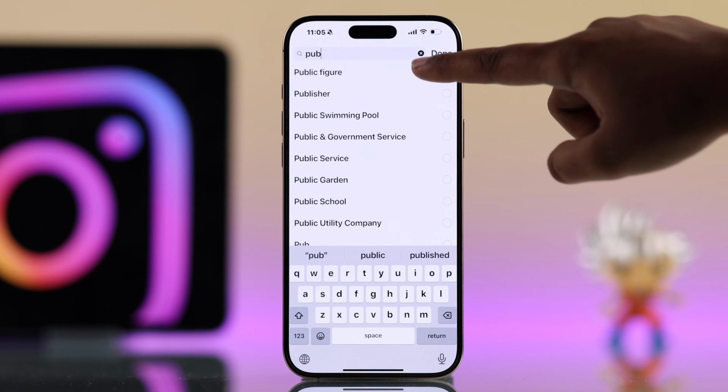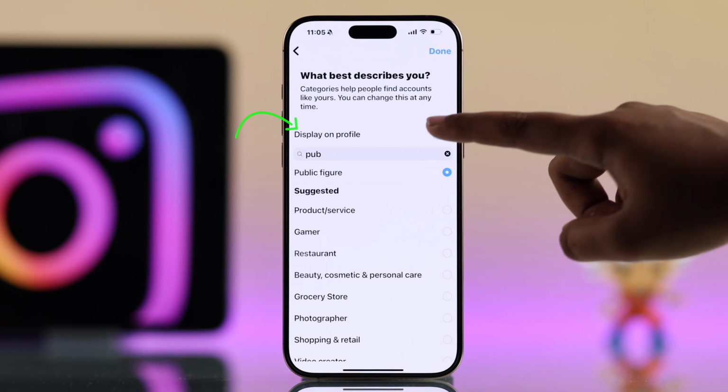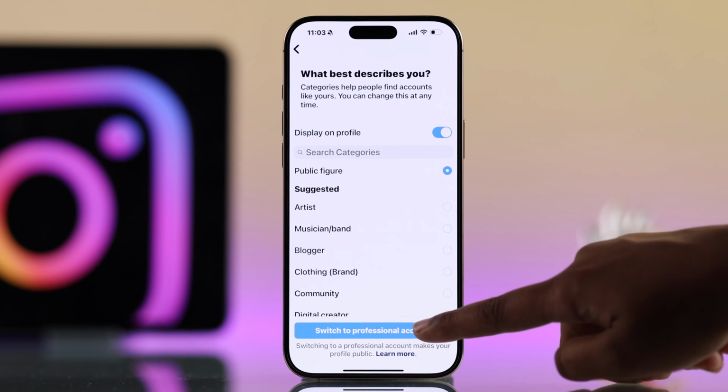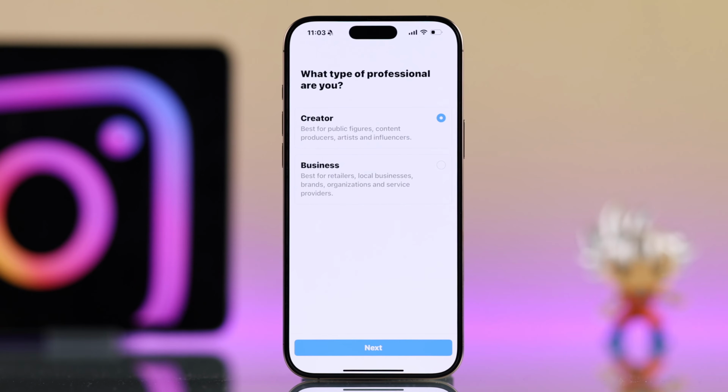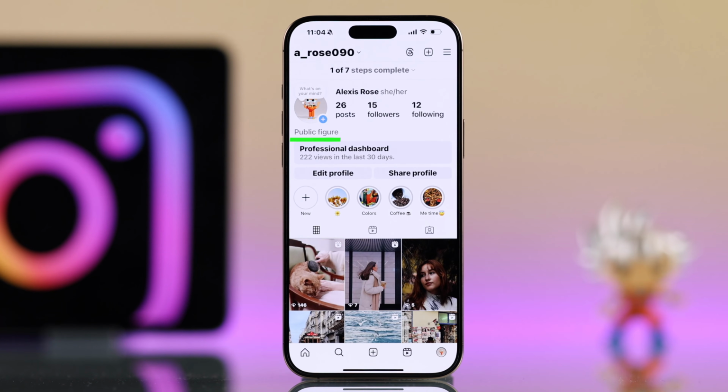Once you find it, select it and make sure to toggle on display on profile so it shows up publicly. After that, continue with the steps and confirm everything to complete the switch. I set it up later, and just like that, you will now see public figure right there in your Instagram